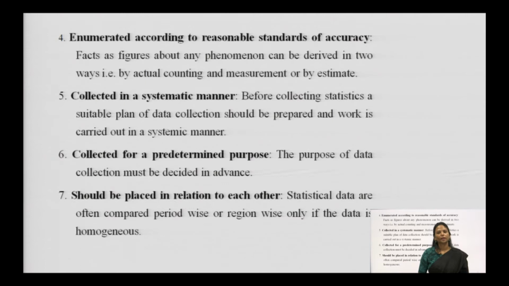Actual counting means what? Actual counting means if we want to book railway tickets or flight tickets, then we can just go ahead and check whether the number of seats are available or not. Whereas what is estimation? Estimation is when we don't know how many people will come up for a buffet in a conference, or we cannot find out how many people will turn up at a political rally. So, we can estimate how many heads will be there. So, it is according to some reasonable standard of accuracy that we are supposed to plan everything